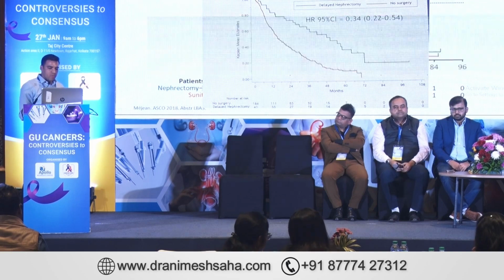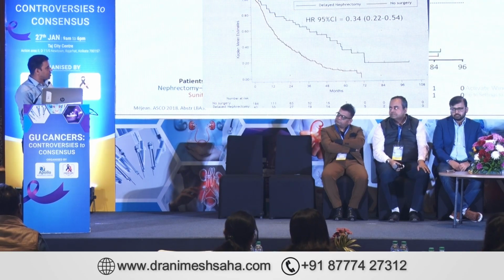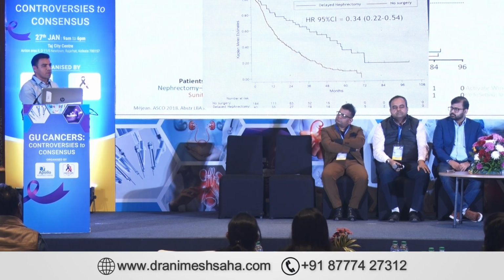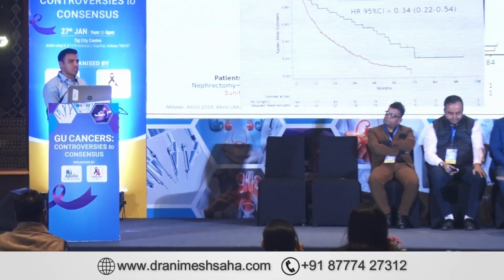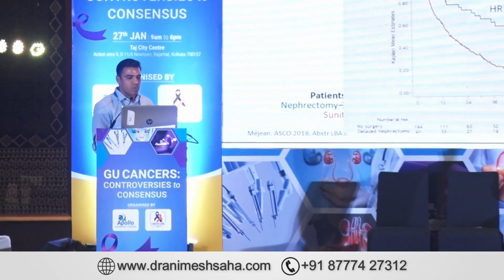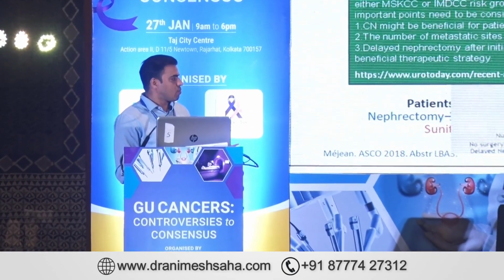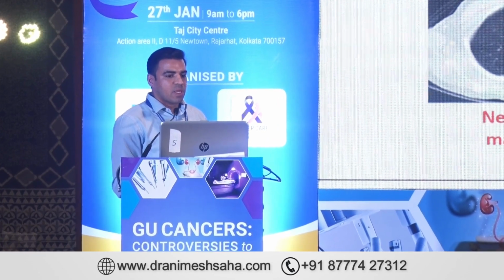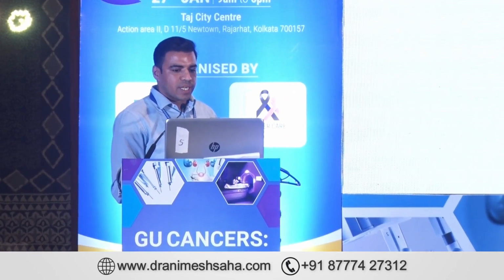There is also a possibility for delayed nephrectomy. The SURTIME study showed that in some patients, if you go for some systemic therapy upfront, and then when you have good biology and disease control, you can time your nephrectomy rather than doing an upfront nephrectomy, and some of these patients would have an improvement in outcome. So like that, we have to choose for cytoreductive nephrectomy. This is what I told exactly.